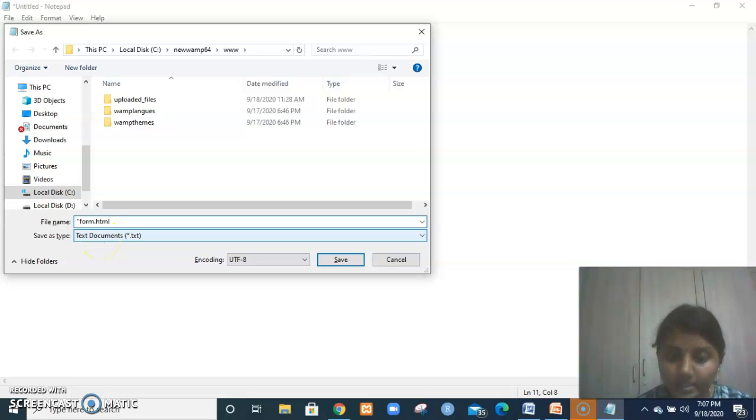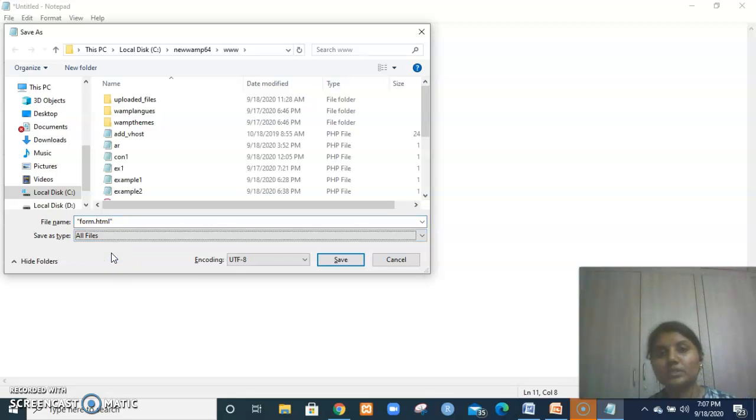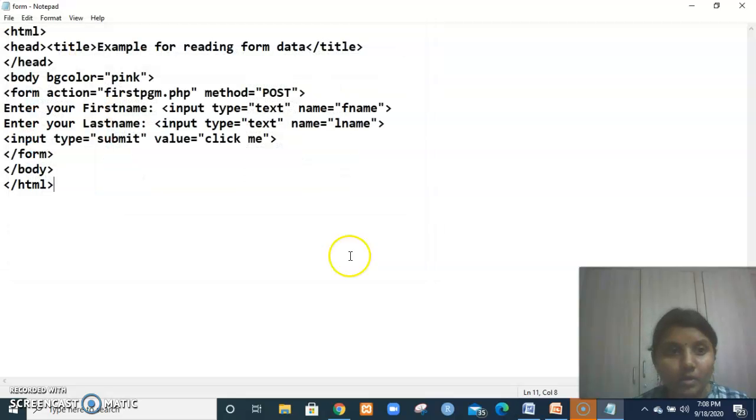Let me save it as form.html. Since this is an HTML program, you may wonder where to save it. Even though it is HTML, we have to take input from the client, so we save it in the www folder only. Now, first program.php is the destination given for action.